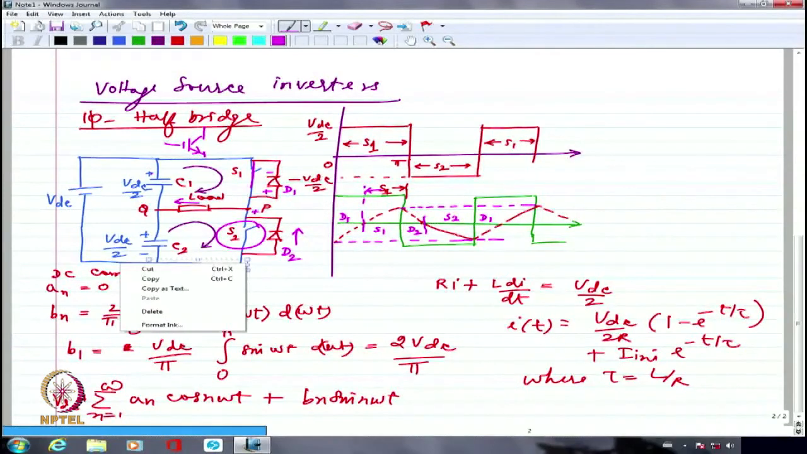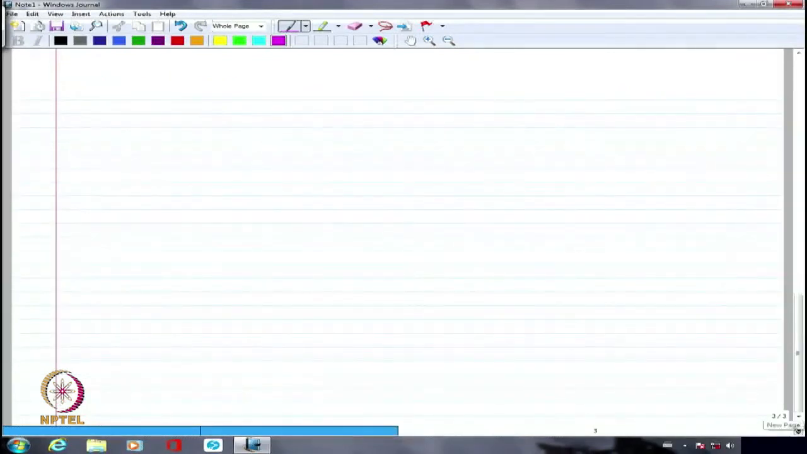So half bridge is generally used only when I am going to use it for smaller rating, not for very large rating. Normally in larger rating we hardly ever use half bridge. We will only use full bridge in that case. So let us try to take a look at full bridge